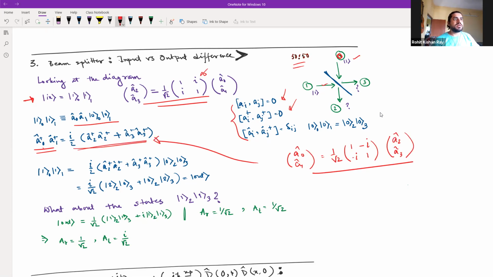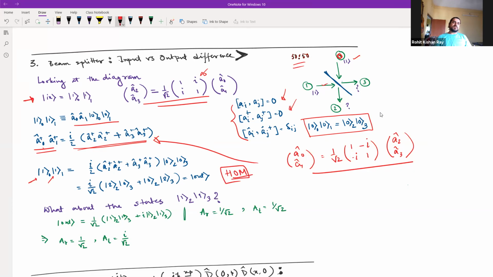So that leads us to this, and also there is this identity relation, that if nothing happens, then nothing is happening. To say it simply, these two relations taken together can give us an expression like this. This is a very interesting expression because, as you can see, in the input ports 0 and 1 we have 1 and 1, but in the output ports we get either 2 0 or 0 2. So the distribution in the ports has changed, and this is called the Hong-Ou-Mandel effect. This is a pretty famous experiment.